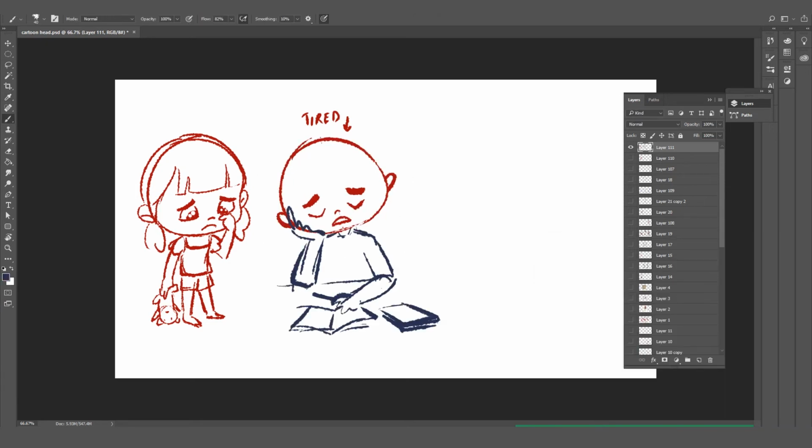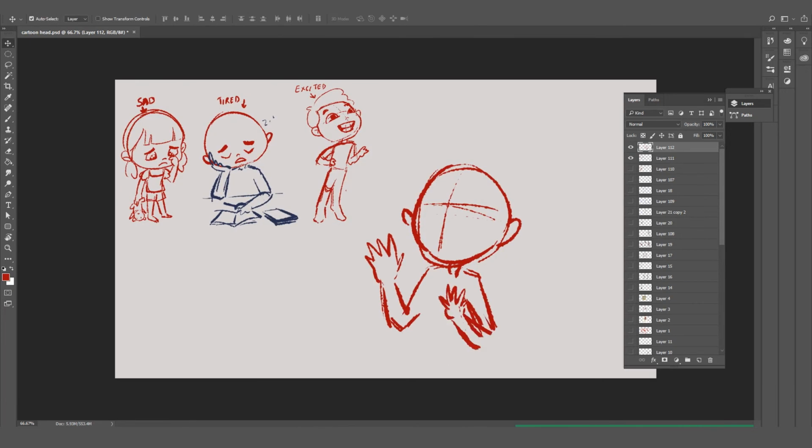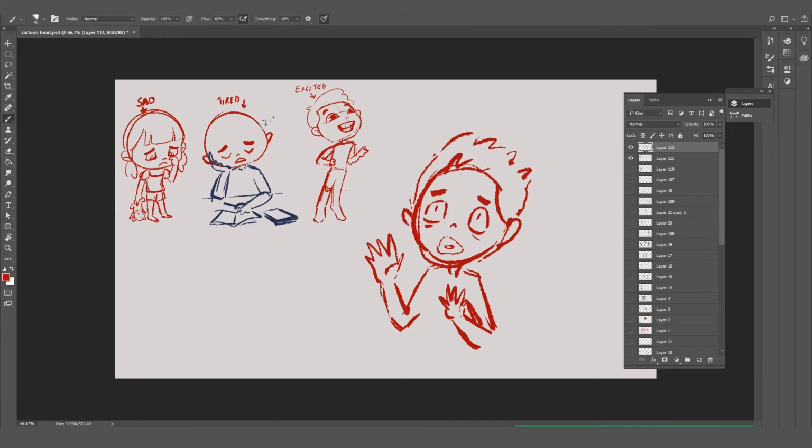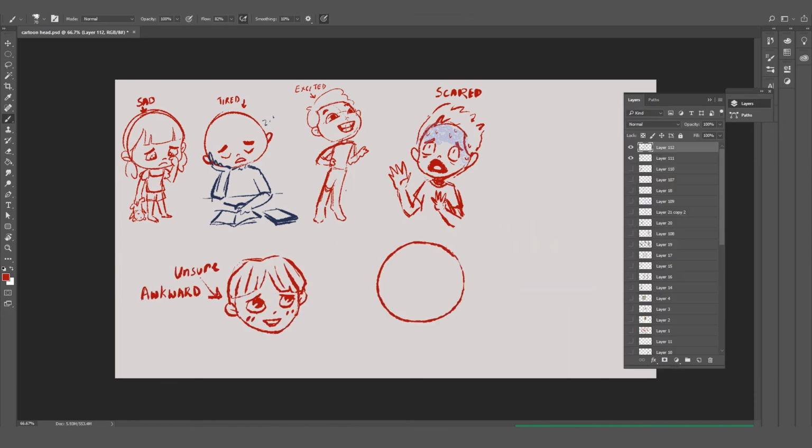determines the expression, right? So for example, when the character is sad, the eyes are usually drooping down, the eyebrows are also closer to the eyes, while it will be opposite when somebody is happy. So yeah, as you can see, I did around 4 expressions, and if you see the eyes, the shape of the eyeballs, the eyebrows raised, etc. helps in drawing the expressions.